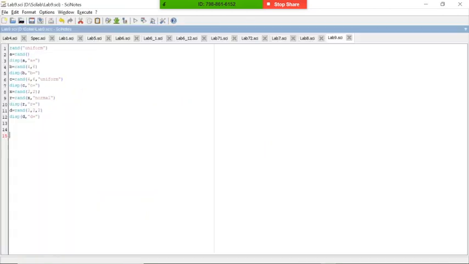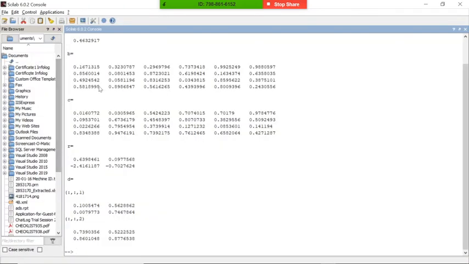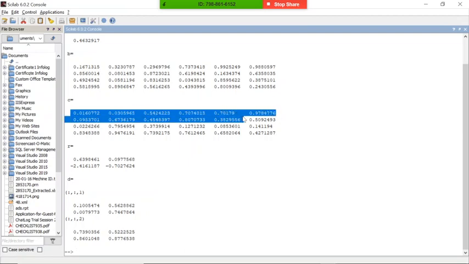You can check out now we are using uniform, so it will always give uniformity in the output. You can check out 0.1, 0.3, 0.5, 0.7, 0.9 and further. The uniformity is there.